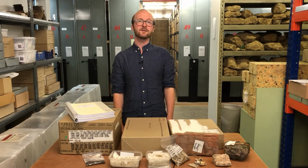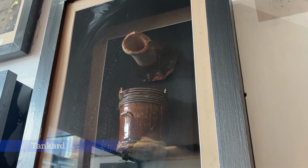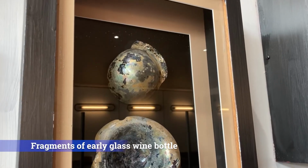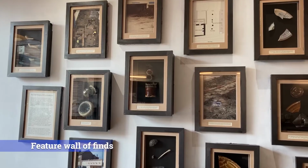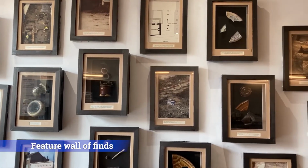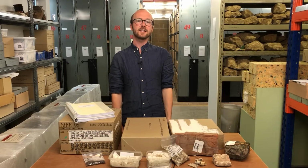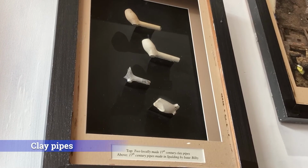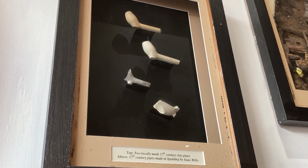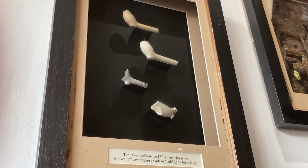The archaeologists also found a wealth of cups, mugs and tankards dating from the 16th, 17th and 1800s, and their pottery specimens suggested that it might actually have been used as a pub or an inn during this period. So it's very fitting that many of these objects are now on display as a feature wall within the new pub. The archaeologists also found many pieces of clay pipe, some of which were stamped IB, which is thought to be Isaac Bilby, who was a clay pipe maker that we know existed and was working in the early 1700s